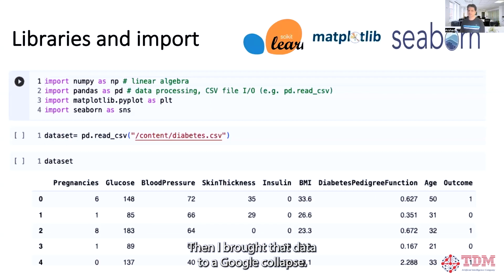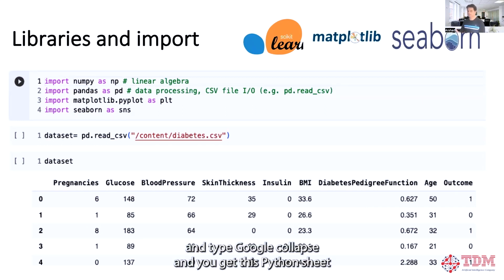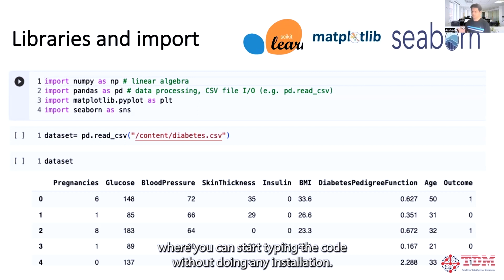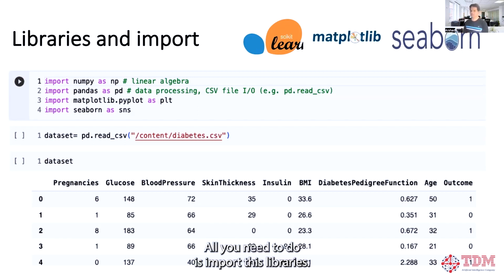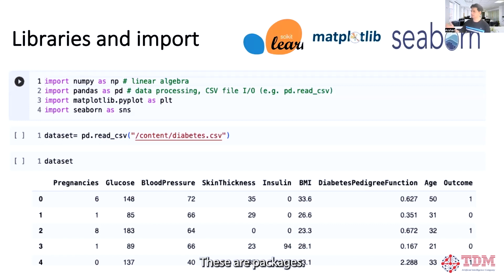Then I brought that data into Google Colab. If you are new to it, you can go to Google and type Google Colab, and you get this Python sheet where you can start typing the code without doing any installation. All you need to do is import these libraries. So I'm going to use here scikit-learn, matplotlib, and seaborn. These are packages.